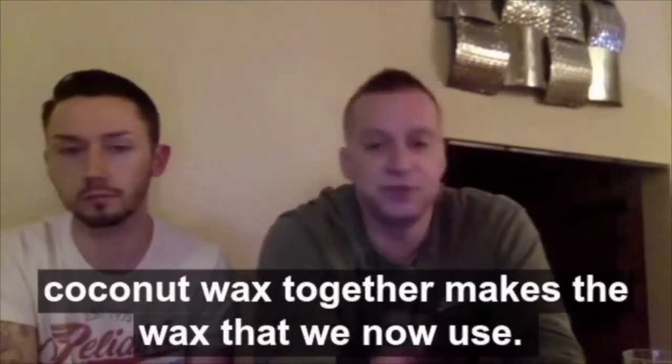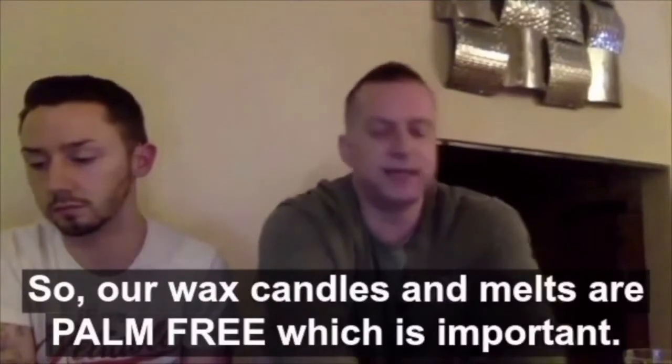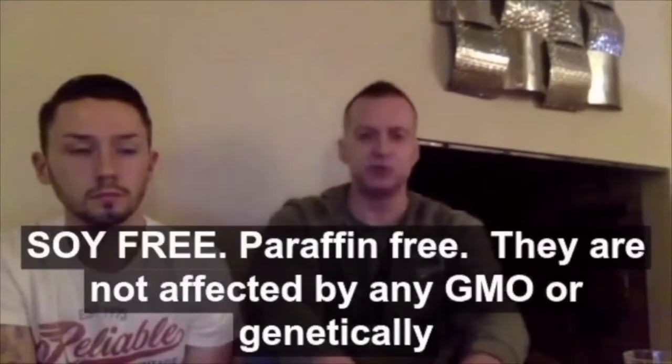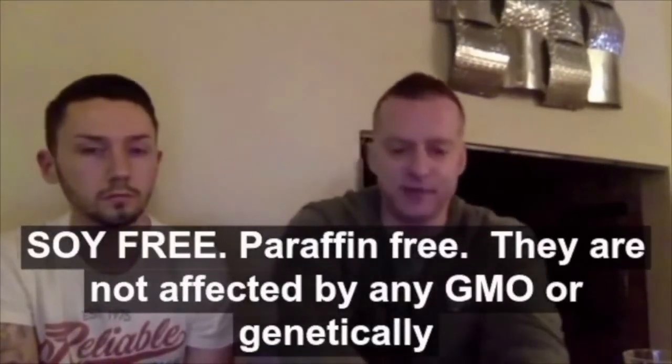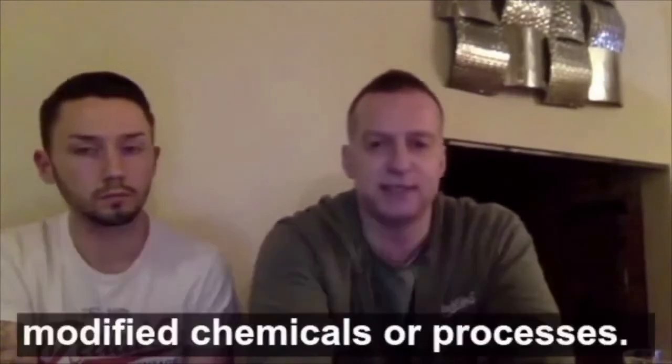We're still using a little bit of soy in the massage candles that we do, and this is perhaps down to cost, but we will make a decision in the not too distant future whether we're going to continue doing massage candles because they still have soy wax in there. So our wax candles and our melts are palm free, which is important. They are soy free, paraffin free, and they are not affected by any GMO or genetically modified